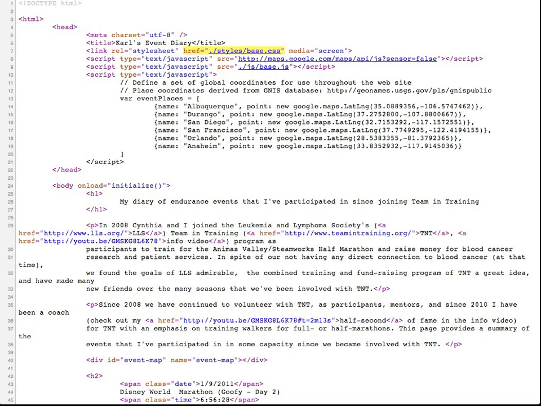You can see here that we have included the standard link to the Google Maps API, which is always required when we're doing a Google Maps client. And then we have an external JavaScript file that I've created that has all of the core functionality in terms of the interactive components of the page, creating the map object, and various other sort of utility settings for the page. So if I open this page,